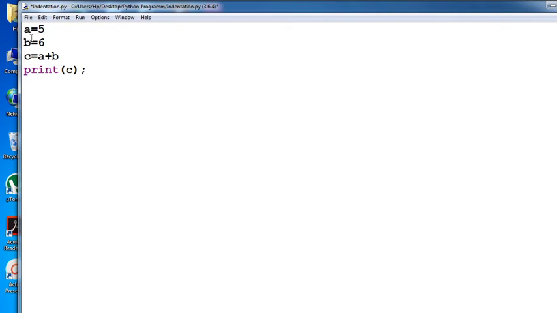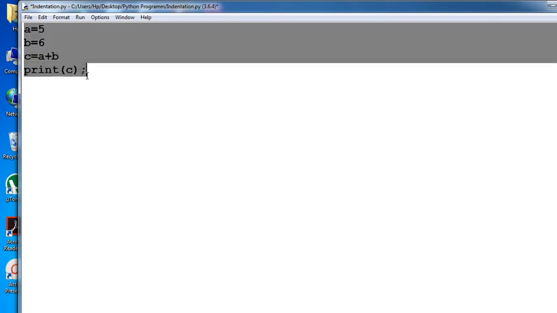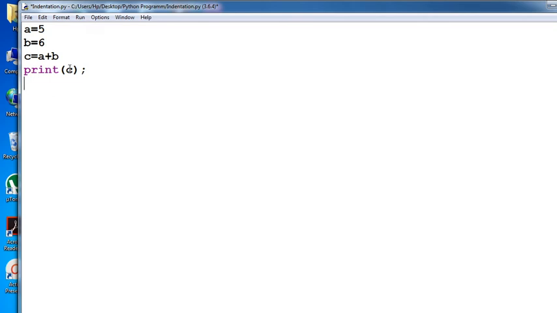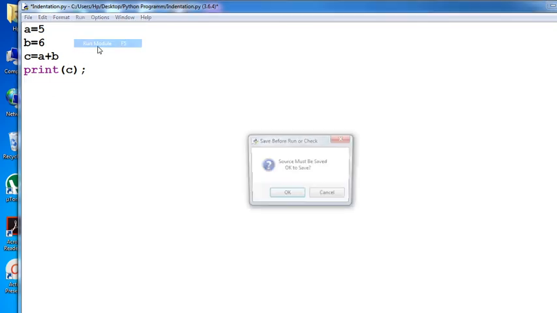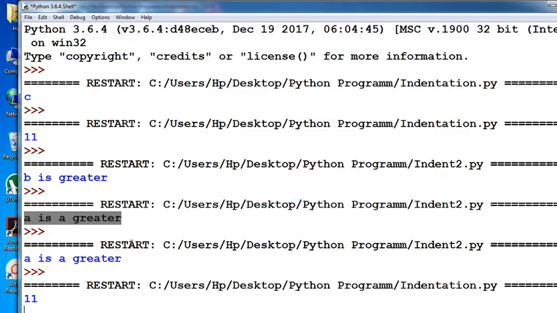See here, simple programs like addition, subtraction, multiplication and division do not require any indentation. If you give a space in such a program, an indentation error is displayed automatically. Now we are seeing this program run, the simple addition program, and the output displayed is 11, see that, 11.